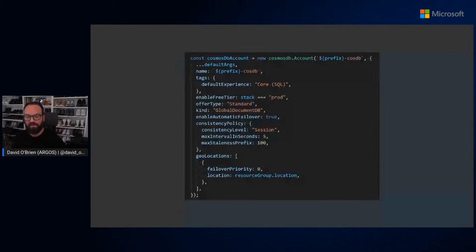To show you how we deploy it and how easy it is for us to really make changes also here. As an example, we only deploy into a single region our database for now, even though we have multiple databases, but for now, for compliance reasons, we only deploy each database account into a single region. If we wanted to deploy it into multiple, because it's PaaS, we just tell the service here in the geolocations list down here towards the end, we add another location, another region, and that's it. We push the code and Microsoft figures out how to do it. We don't have to figure that out.